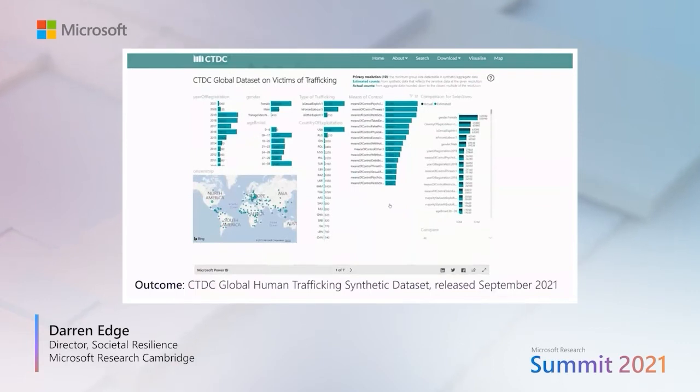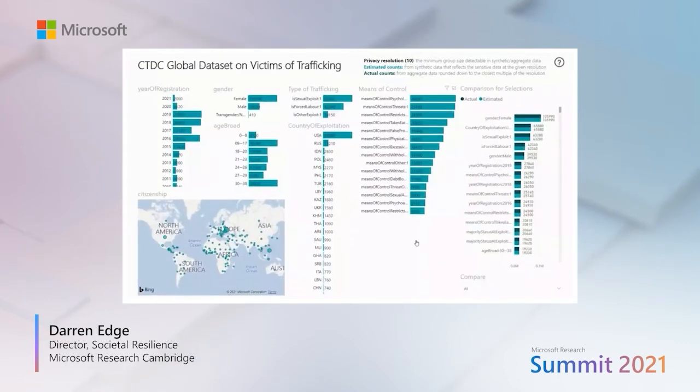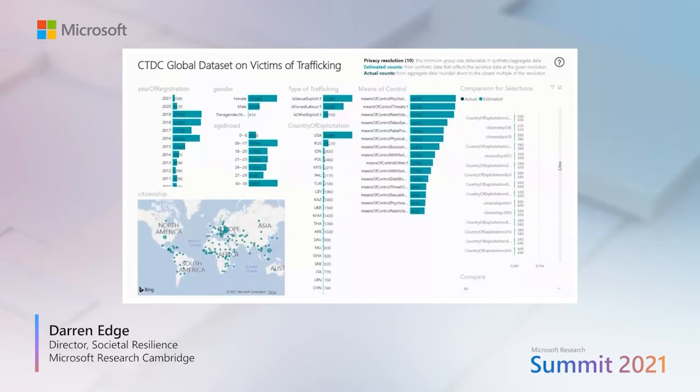So on the left, you're seeing lots of estimated counts of cases derived from the synthetic data. And on the right, you can see how those synthetic estimates compare to the actual estimates that we pre-computed in advance. And what you'll notice is that, at least initially, before you start drilling down, those counts match precisely. So this is one of the ways in which we guarantee the utility of the synthetic data set. If you're interested in the count of any one thing by itself, that count is precise, modulo a privacy resolution that prevents the disclosure of precise counts.